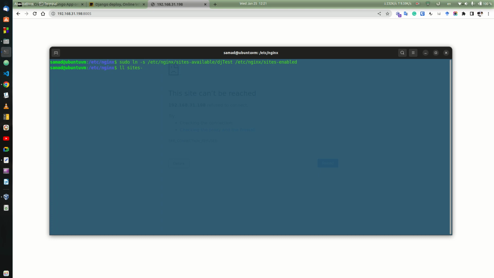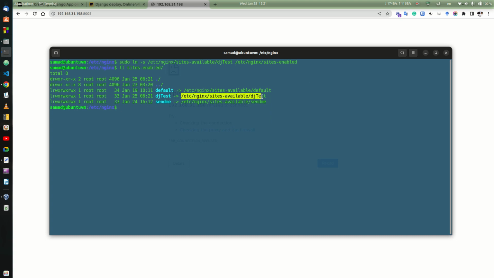If we go to the sites enabled, we can see that the dj test is created, linked with the sites available slash dj test. So the file is linked, and if we go to restart our Nginx with systemctl restart nginx,